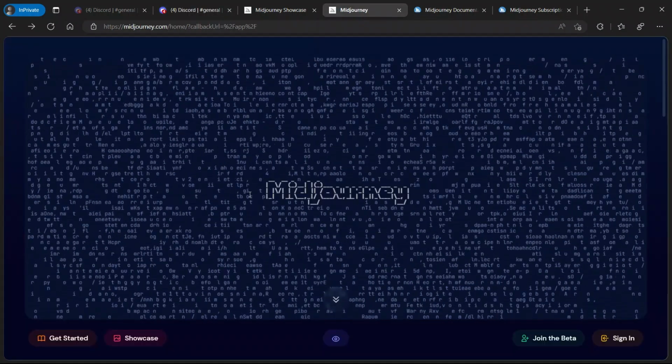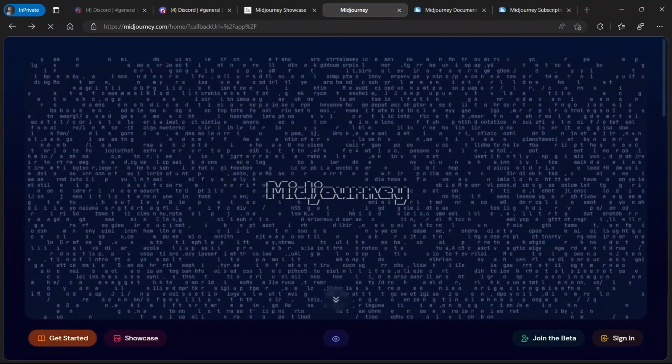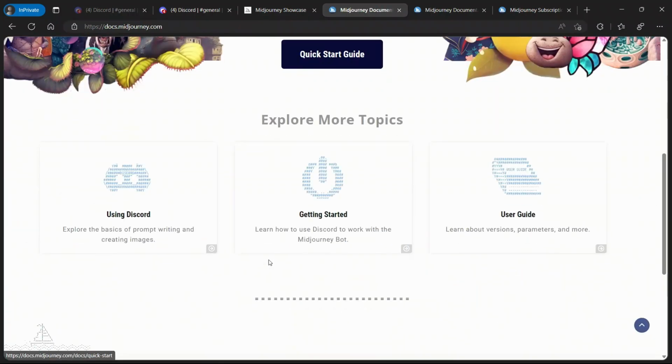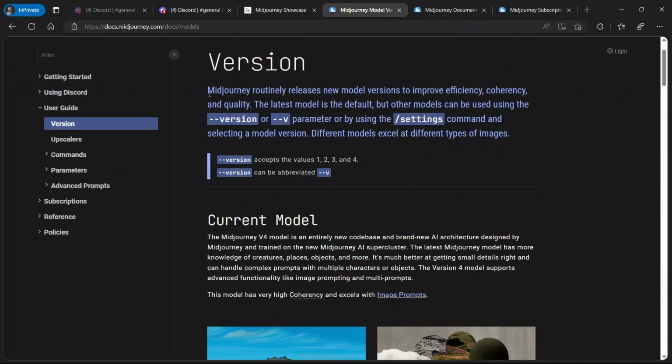So simply go to the Midjourney website, click on Get Started, then come down to User Guide. So here they have provided an explanation. According to them, Midjourney routinely releases new model versions to improve efficiency, coherency, and quality. The latest model is the default. So if you generate any image, this is going to be with the latest model. And if you want to select a specific version of the model, then you need to type in --version